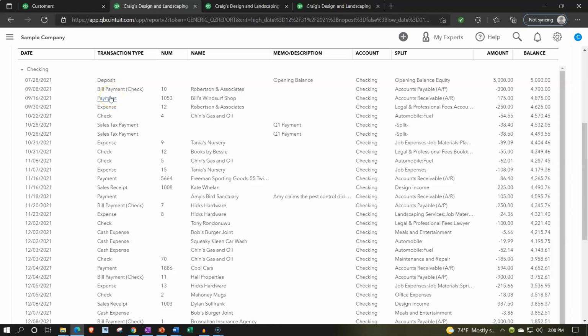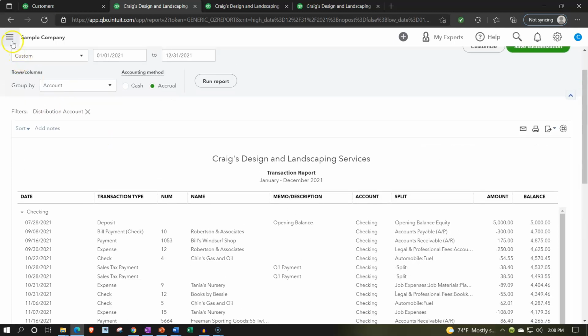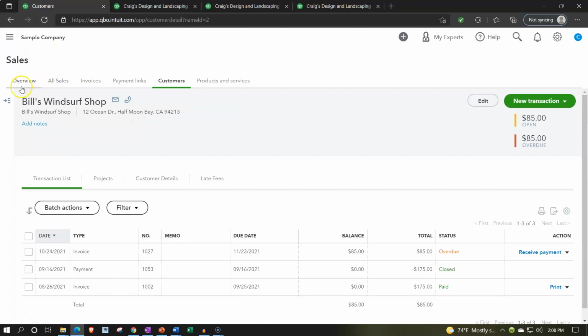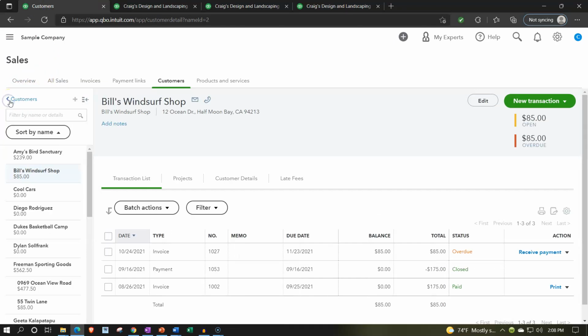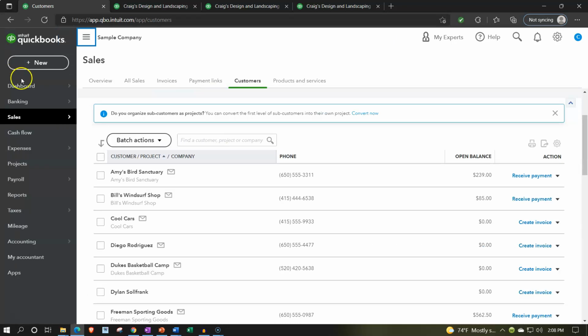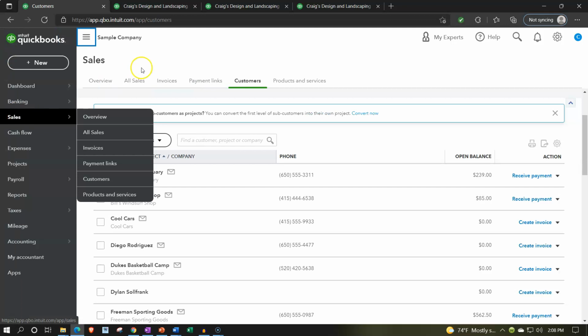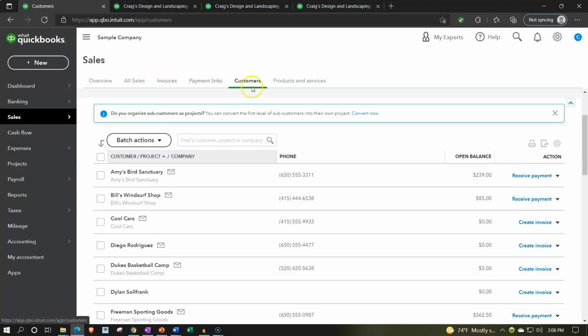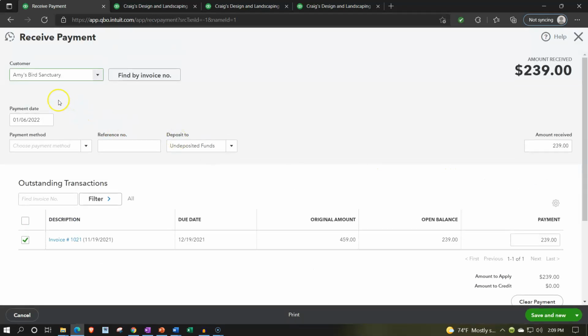So we'll get into deposit forms in a future presentation, but just recap, if I go to the first tab and I open up this icon, I'm going to go back to the customer's information. Just remember that you might sort these invoices by going to the sales tab here, and then again sorting it through the invoices or possibly through the customers. And then once you find the invoice that you want, you might create the received payment form from that invoice, which will then populate the invoice and populate the received payment and tie out the invoice to it at the bottom. That might be one of the most common ways that you would create it,